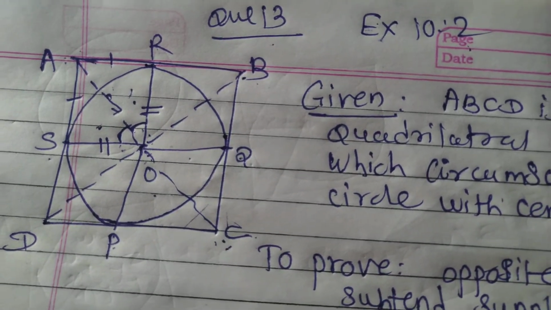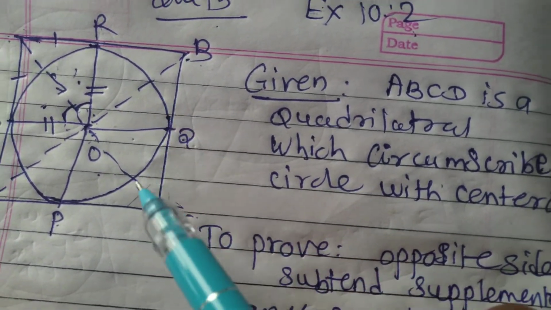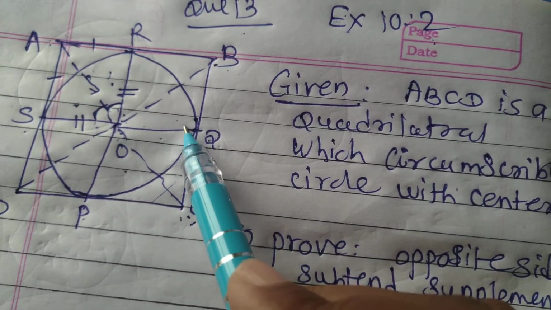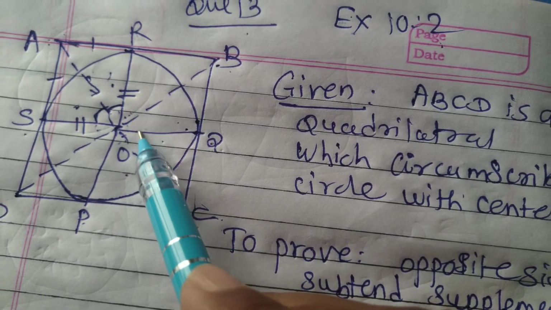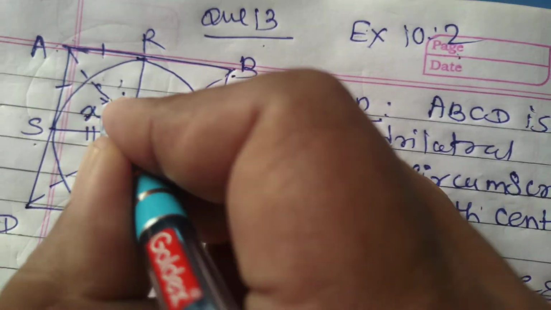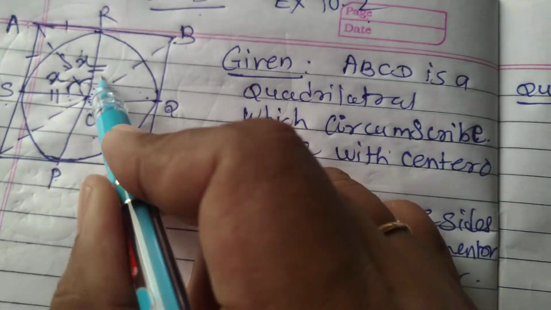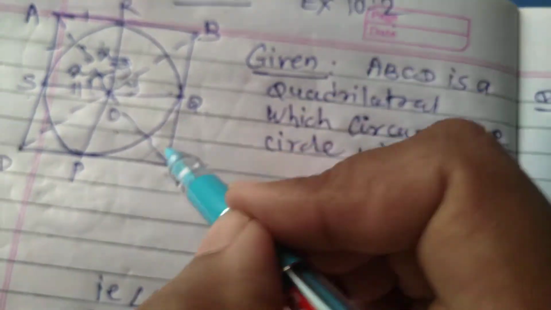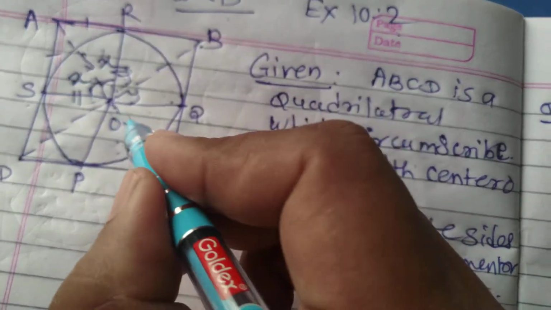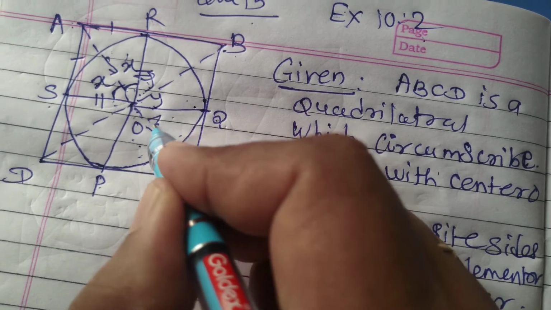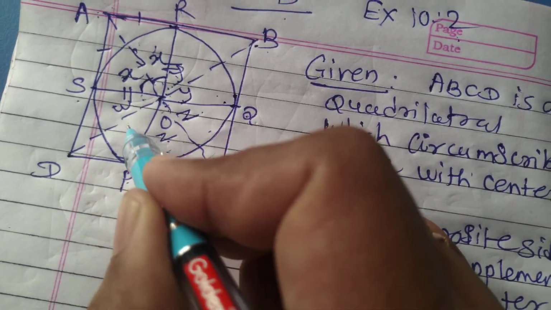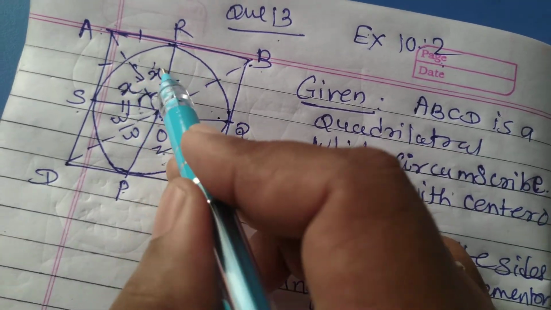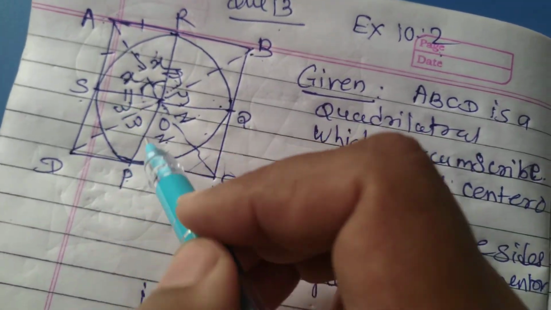Now consider the point B. Same thing we have to prove. No need to write the proof again. Just write down which two angles are equal. These two triangles are congruent by SSS criteria, and again these two angles are equal. The measure of these two angles, let it be y. Similarly from C, these two triangles are congruent, and the measure of these two angles are equal. Let it be z and w. Means there are four pairs of congruent triangles, and for simplicity we can write four pairs of angles which are equal.